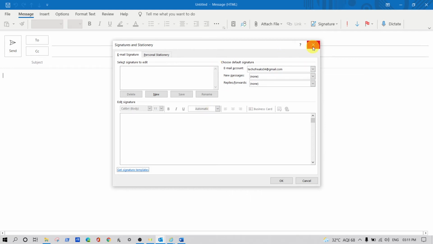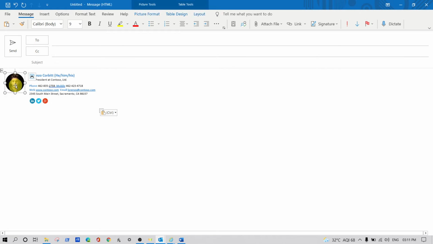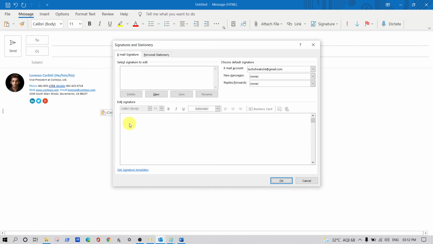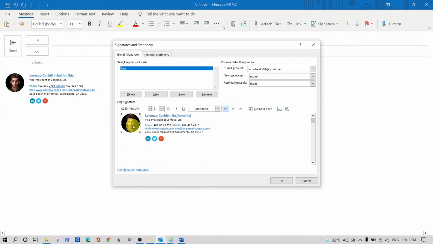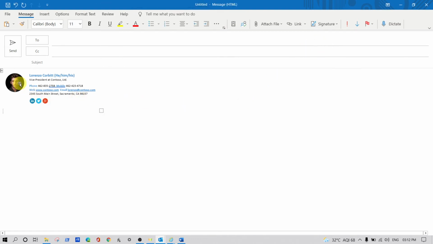If you open the signature panel, just close it, because I will tell you the reason why. Just Control V, paste here, and here you can edit this image and edit this text directly. But whereas in the signature panel, when you try to create a new one, let's say test, okay, and paste it, you can't change the picture here. So the only thing I can say is right click and change picture.